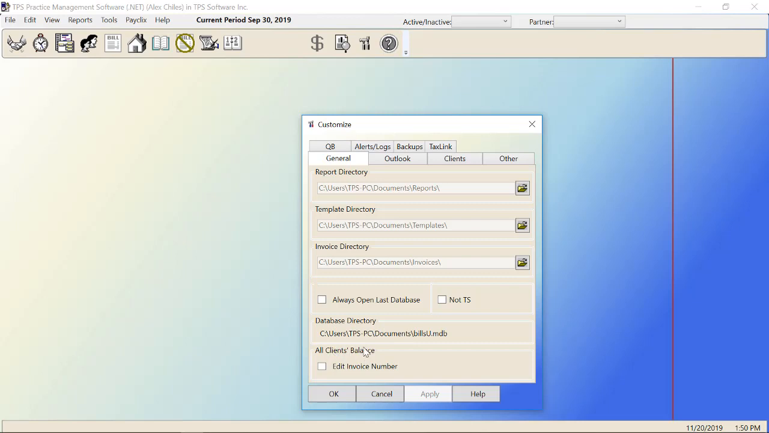Under All Clients Balance, the Edit Invoice Number. This is completely optional. When you're entering opening balances, so back when you're first starting up TPS, this allows you to edit the invoice number. Under Tools in the All Clients Balance tool, you would be able to assign invoice numbers in there. And this is only for the first time when you're setting up TPS,